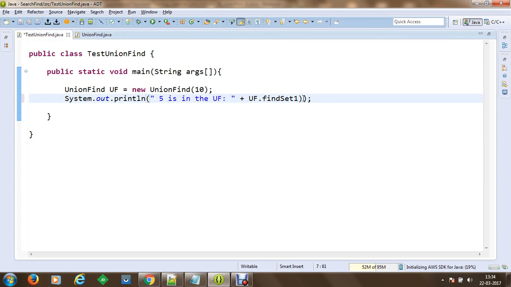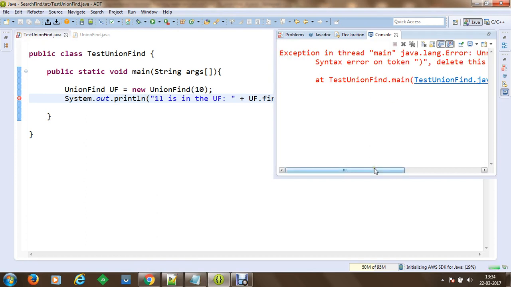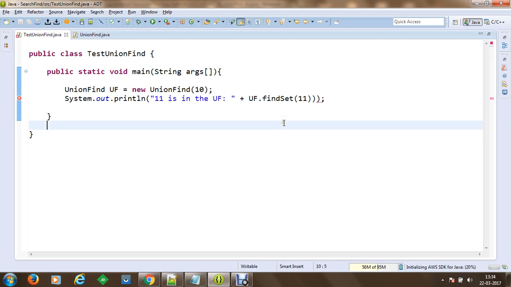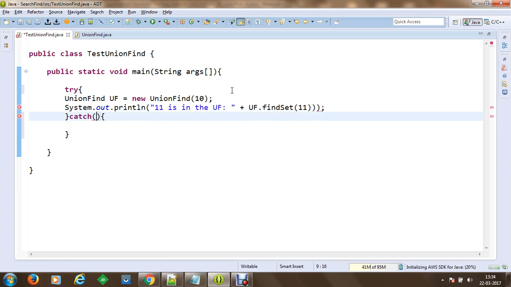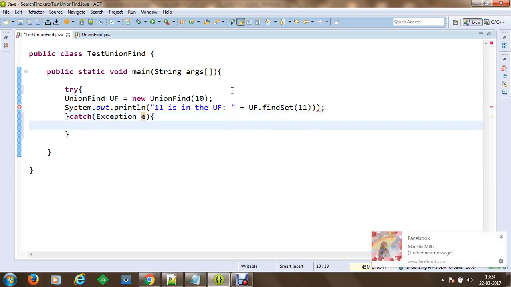In case you want to replace that with something like 11, we are going to replace the value with 11 and test how it reacts. So it says that since it's not available, we are going to get the exception that this token is not available. So this is how we can specify specific information. In case you want to put that into a try catch block, you can simply put that into try catch,